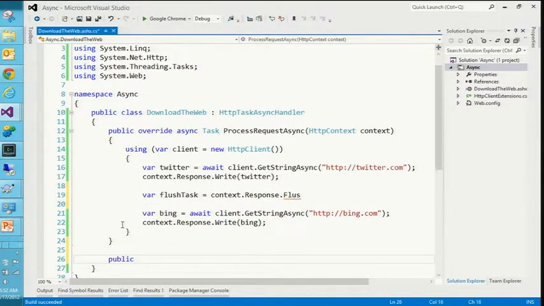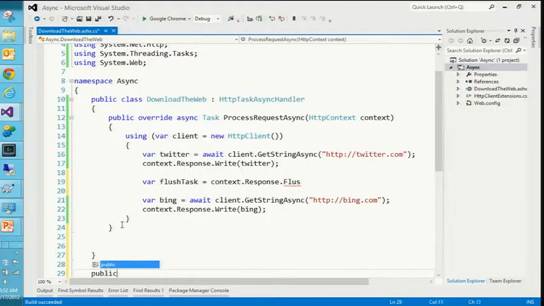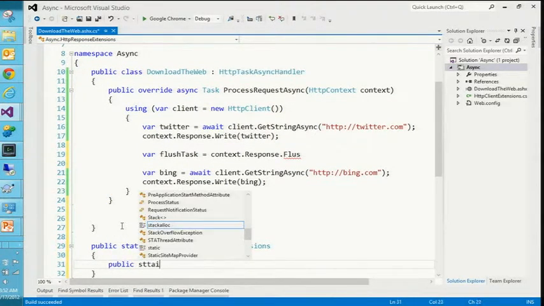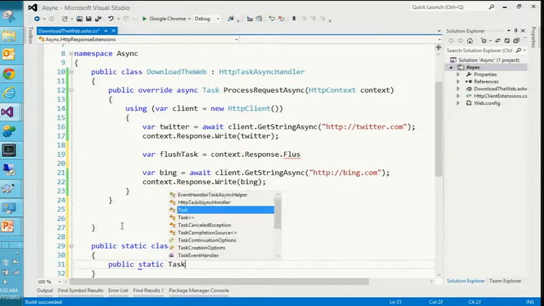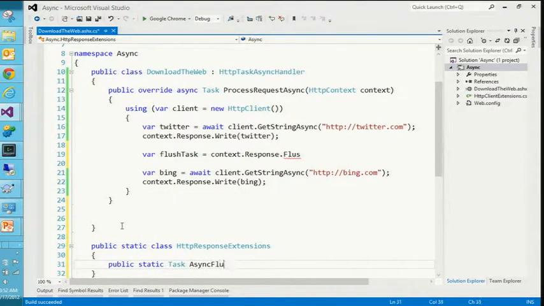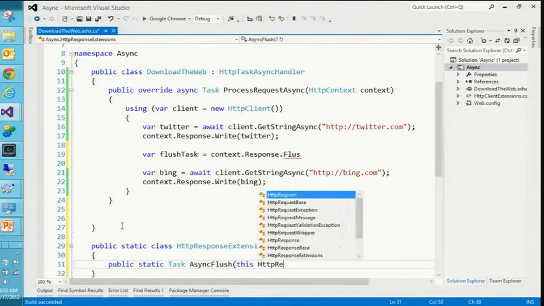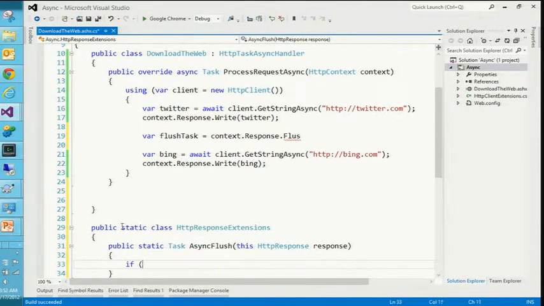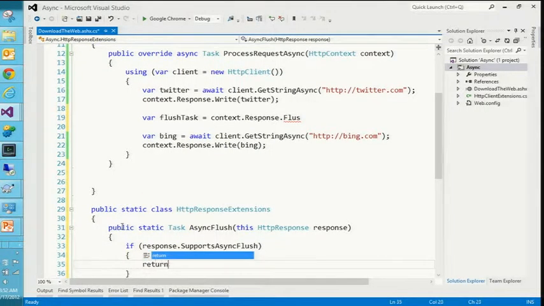So let's create a class down here, public static class HttpResponseExtensions. And in this, I'm going to create myself a helper method. So public static, this one needs to return a Task, and I'm going to call it AsyncFlush. I'm going to take in the HttpResponse as response, and I'm going to write a very simple bit of code. I'm going to say if response.SupportsAsyncFlush, go ahead and return